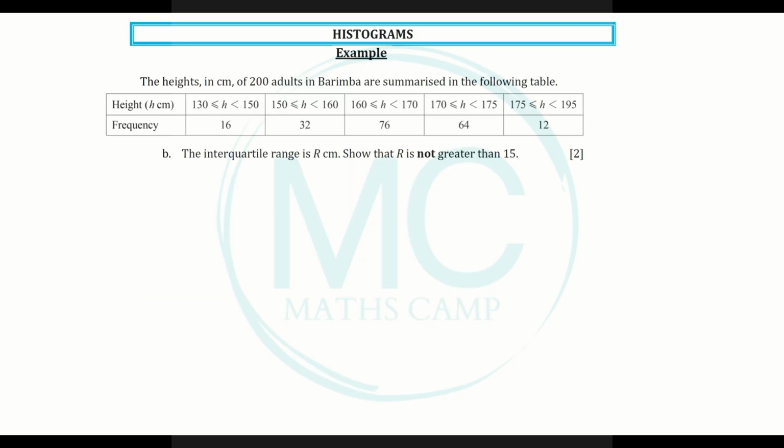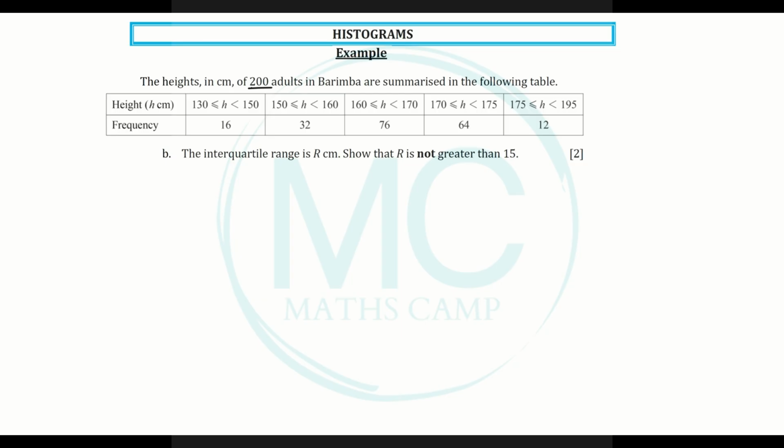The interquartile range is R centimeters. Show that R is not greater than 15. We know that quartiles divide data into quarters. Here we can see the total number of adults is 200. To find the interquartile range, I need Q1 and